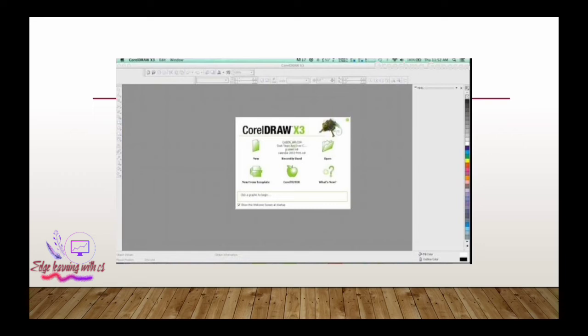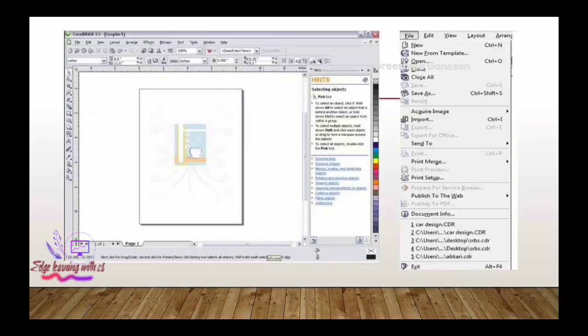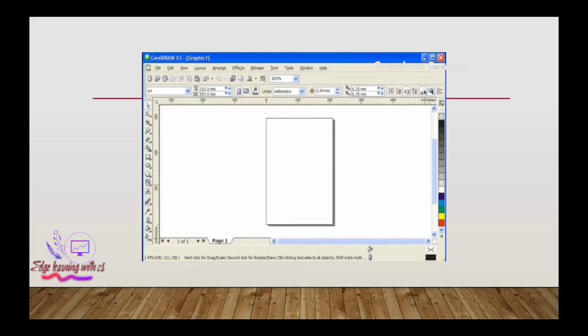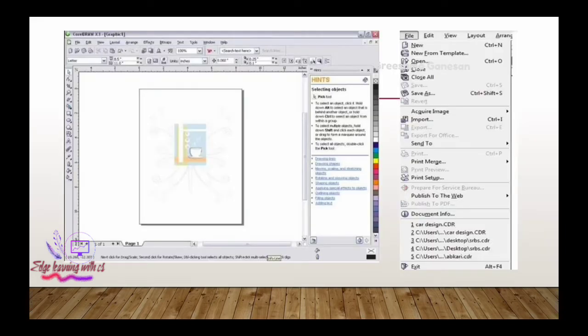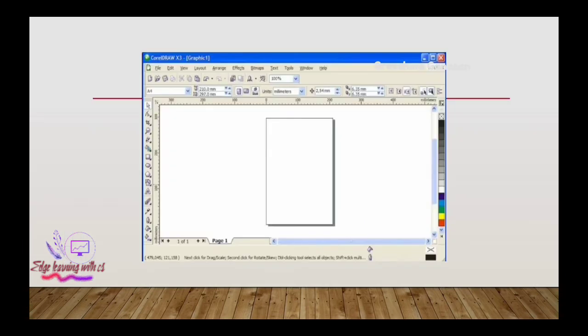The first option in the green box is known as new. Then you can see an interface like this. Here an image is there and your screen will be blank like this. So you have to go to the file and take a new, then only you can get a blank page like this.